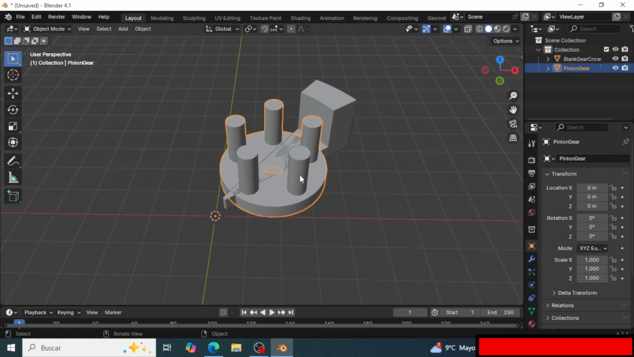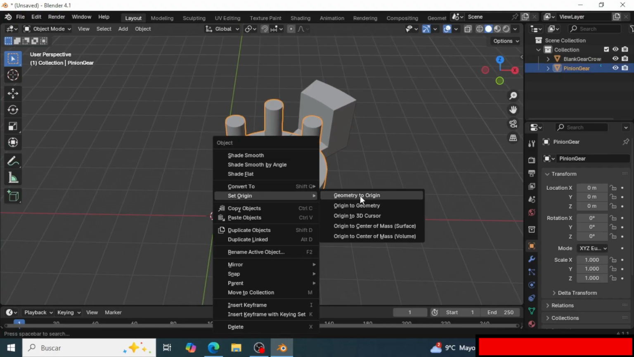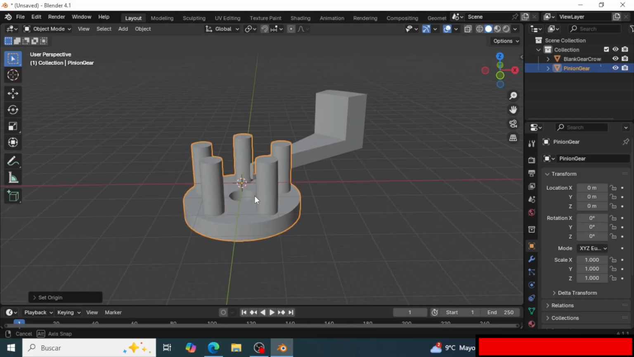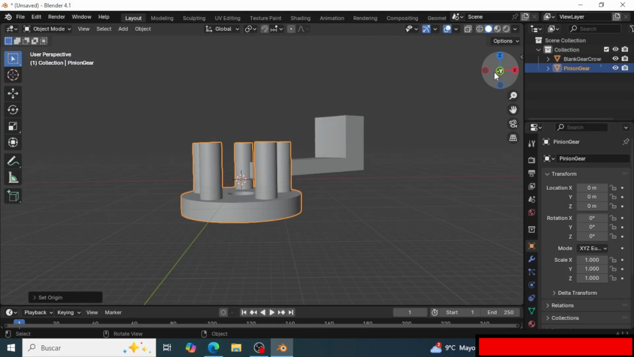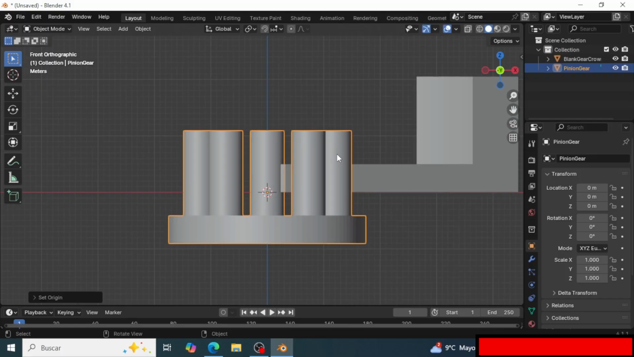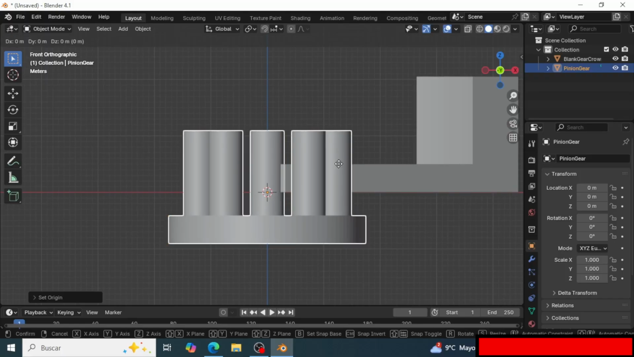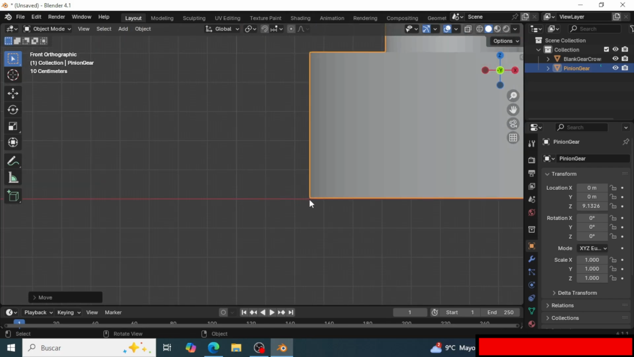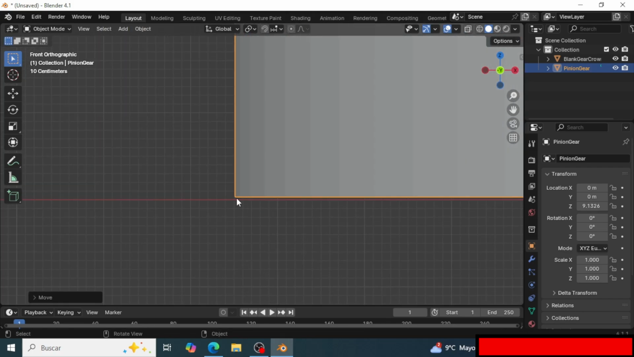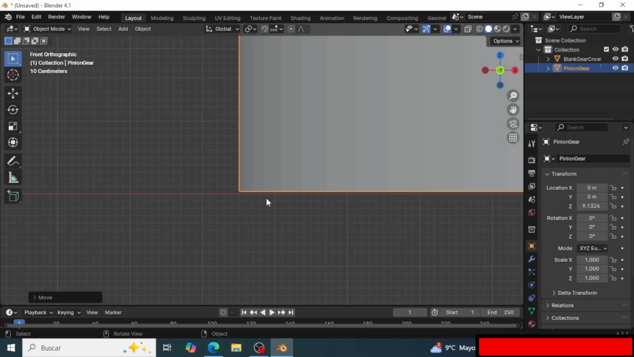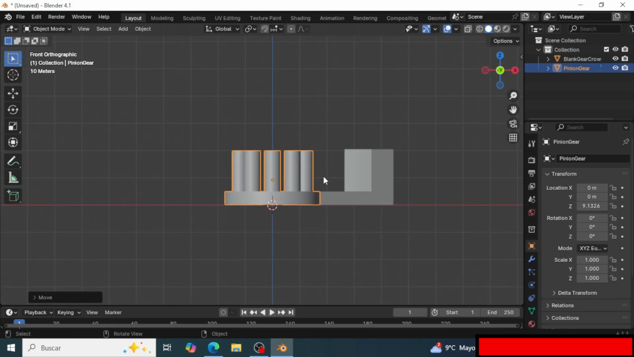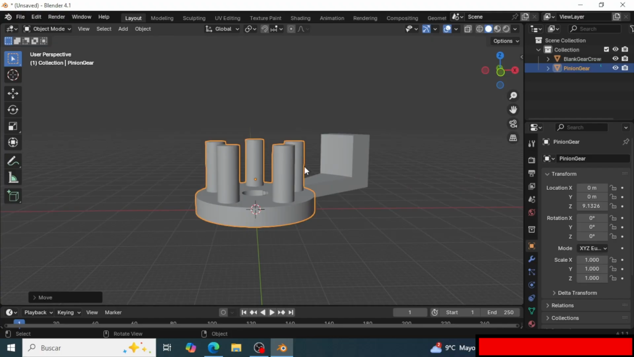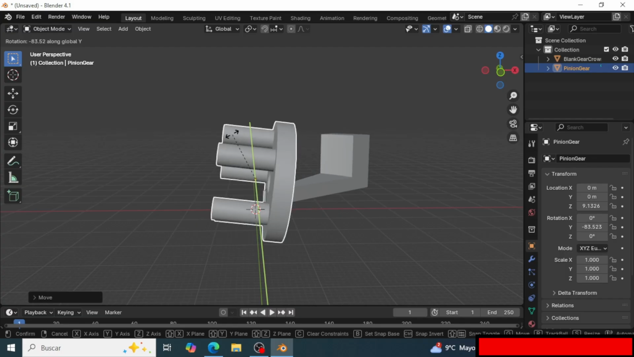Now select the pinion gear, set origin, geometry to origin, so it's in this position. We are going to hit this button, press G to move it, set along the Z axis, and we want to place it like so. It doesn't matter if it is right in the plane, we want to move it just like so. Now we want to rotate this, so we press R for rotation in the Y axis, and we want negative